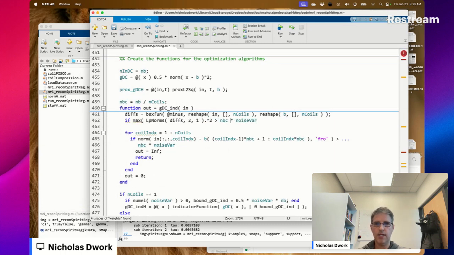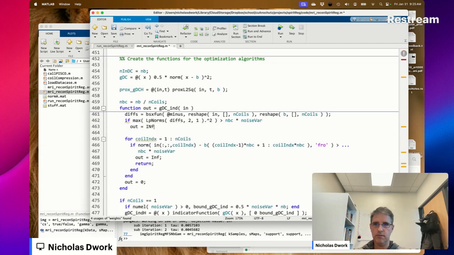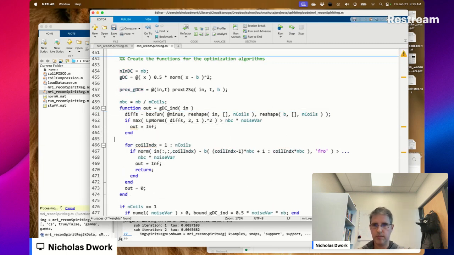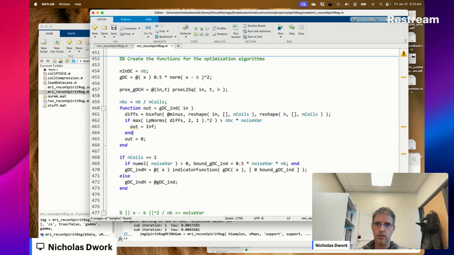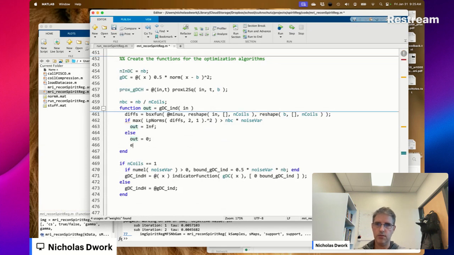If max of that, out is equal to infinity. Else out is equal to 0.